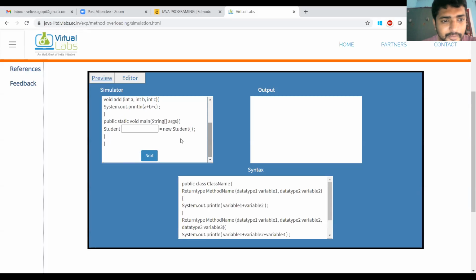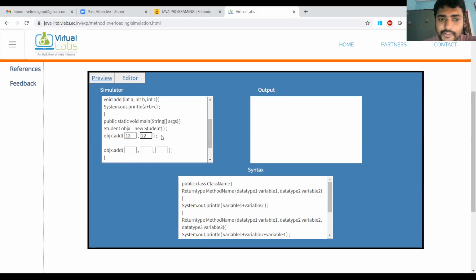Next, the main method. In order to access those methods, we need an object, obj. I'm creating the object, and I am going to call the two add methods. The method name is add, but the parameters are different.